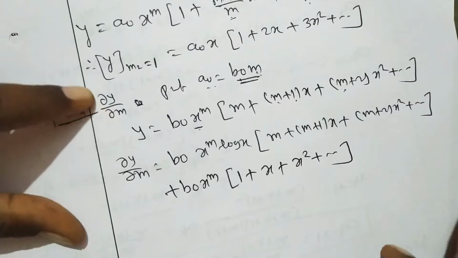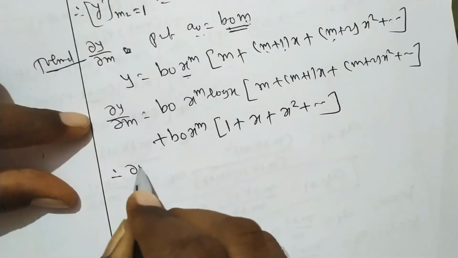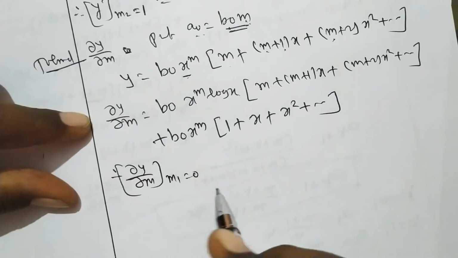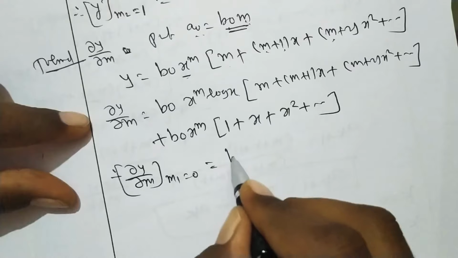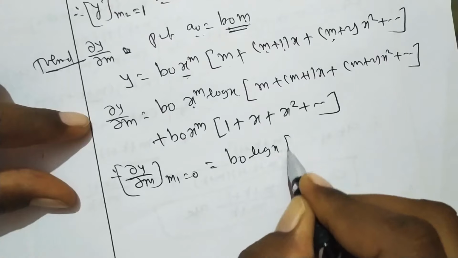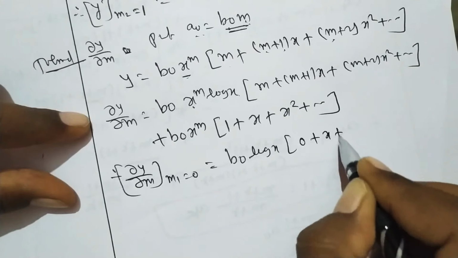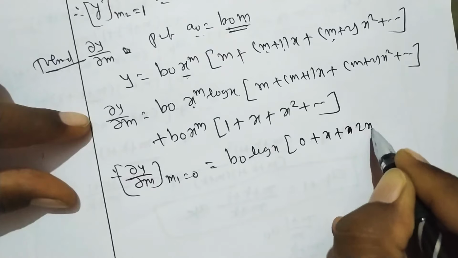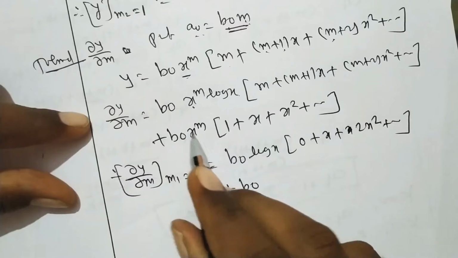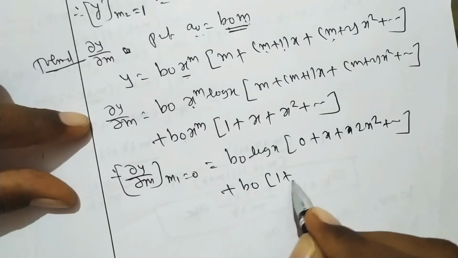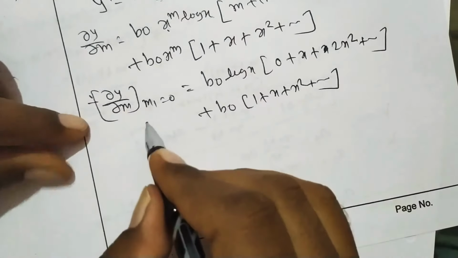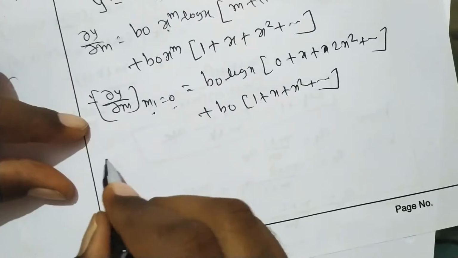Okay, what we want is dy/dm at m1, and what is m1? m1 is 0, means put m equal to 0 here. So the solution is b0 x raised to 0, that is 1, into log x into bracket 0 plus x plus 2x square plus so on, plus b0 into x raised to 0 is again 1, plus x square plus so on. So this is the dy/dm at m equal to 0,